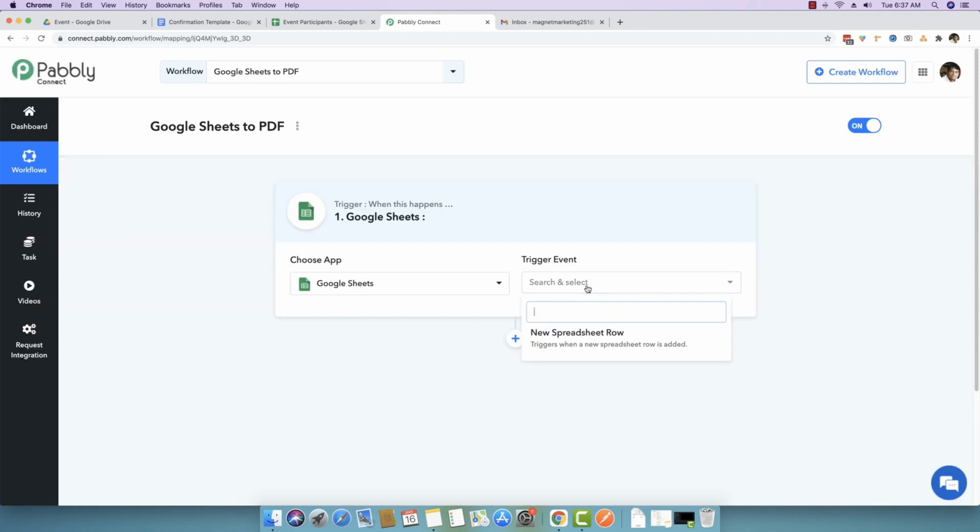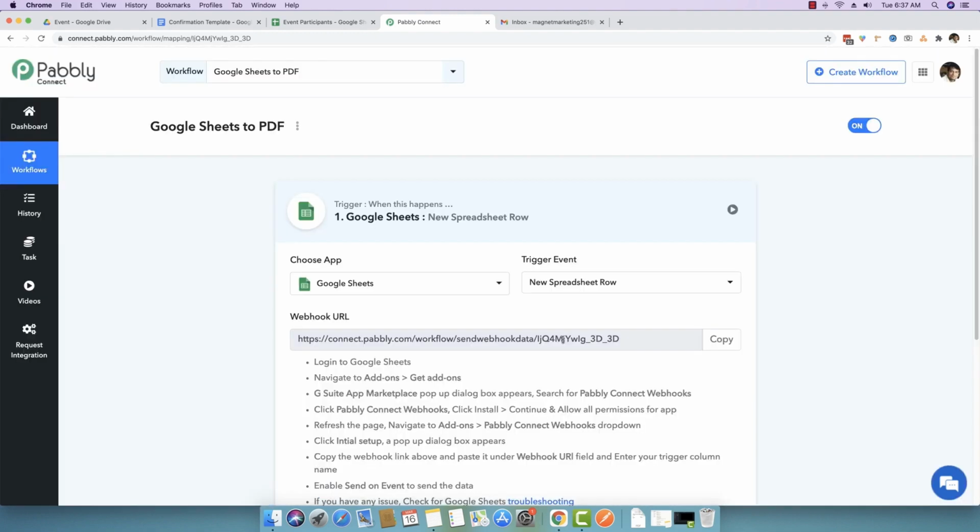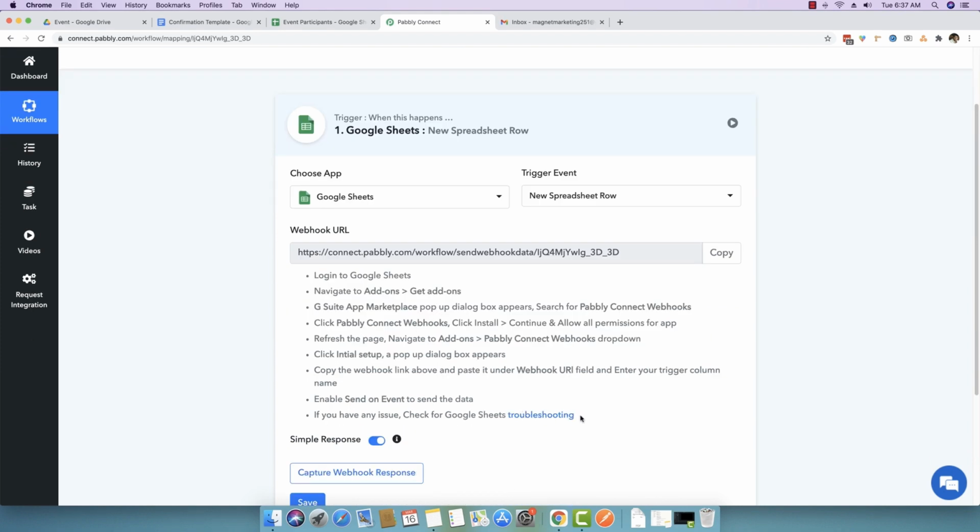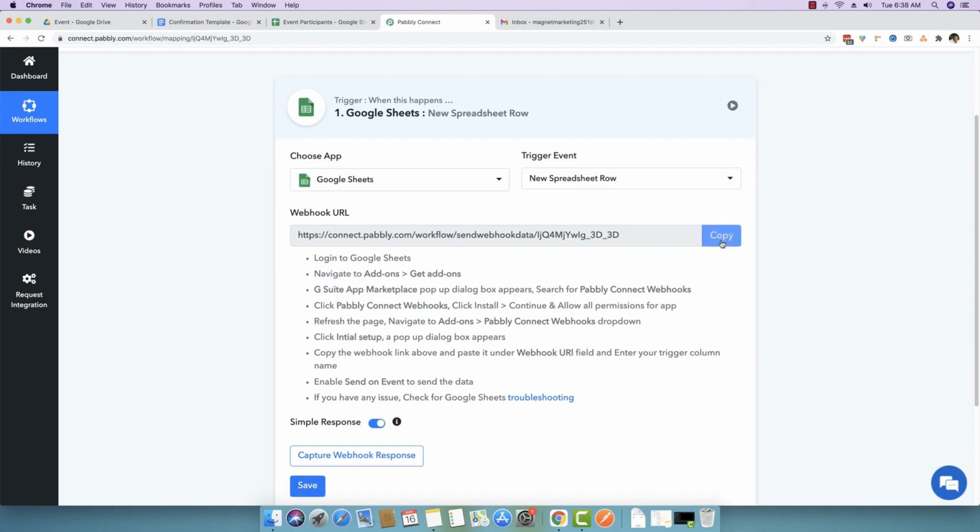And what is the trigger event? I'm going to choose new spreadsheet row as my trigger event, so that whenever there is a new row in my Google Sheet, I actually want to pull the data. As soon as you do that, you can see all the instructions written right here on how to connect Google Sheets with Pabbly Connect. But because I'm doing this video, I will tell you all the steps one by one here itself. Just remember that you do not have to write any single line of coding to get this whole integration done. So the first thing you have to do is copy this webhook URL